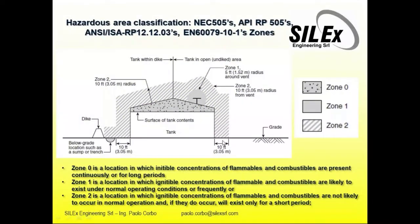Going to the approach which is very common in Europe, and also common, but not so much as division, in the United States, you can face the 505 approach or the -10-1 approach, which is called zone style classification. Zone style classification is based on 3 types of zones: zone 0, zone 1, zone 2. Zone 0 is the most onerous because just like division 1, you can face